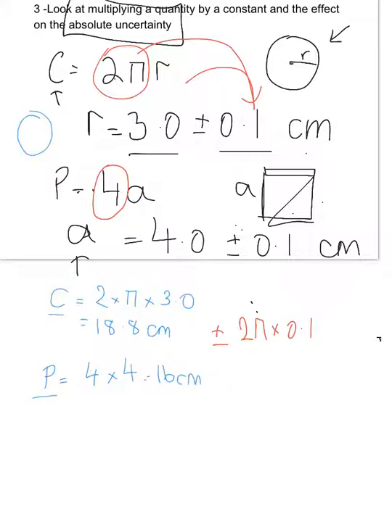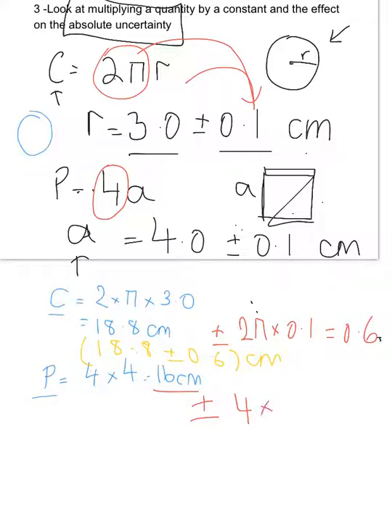So that gives us 2 pi times 0.1, it gives you 0.6. So the final answer to this question would be 18.8 plus or minus 0.6 centimeters. And in the perimeter, we would have 4 plus or minus, our answer is 16 plus or minus 4